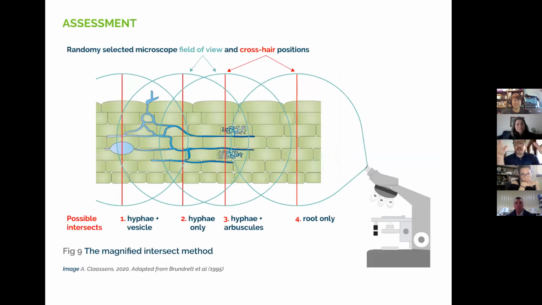For decades now, this has been the standard way to assess mycorrhizal fungi. It's important that we go over some of the methodological approaches to mycorrhizal assessment in crops, because the value of the data is contingent on how well we understand the limitations of the tools that we use to assess fungi within roots. And so for a long time, colonization assessments of roots have been stock in trade of mycology in crops, and